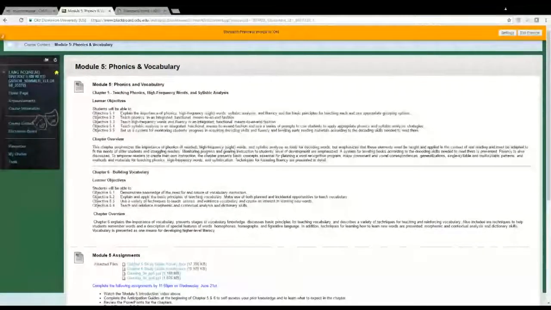So speaking of Blackboard, let's go ahead and move into our content folder here. All right, in looking at Module 5, you'll see that we have both Chapters 5 and 6, as I mentioned earlier. Chapter 5 focuses on phonics and what role phonics plays in the classroom, why phonics is important, how you can, as a literacy educator, teach phonics within your classroom. And it really goes over some of those basic principles of how to teach phonics and when it is appropriate to